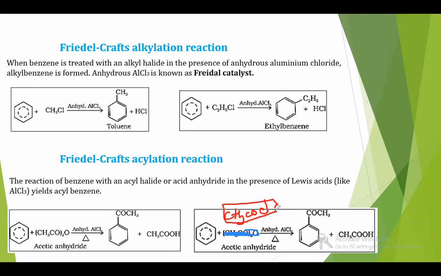It is the same equation, and there is no extra product. The COCH3 group attaches to benzene, and the Cl combines with hydrogen, giving HCl,